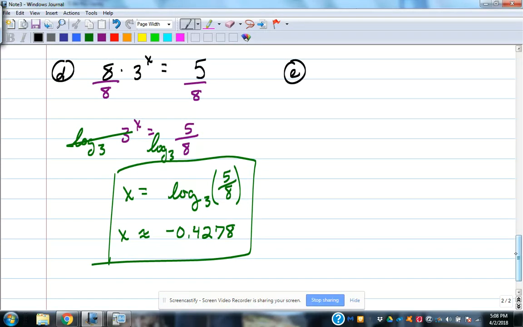All right, let's look at this one. Let's look at 2 to the x is equal to 5. Something that looks fairly simple. It is, but